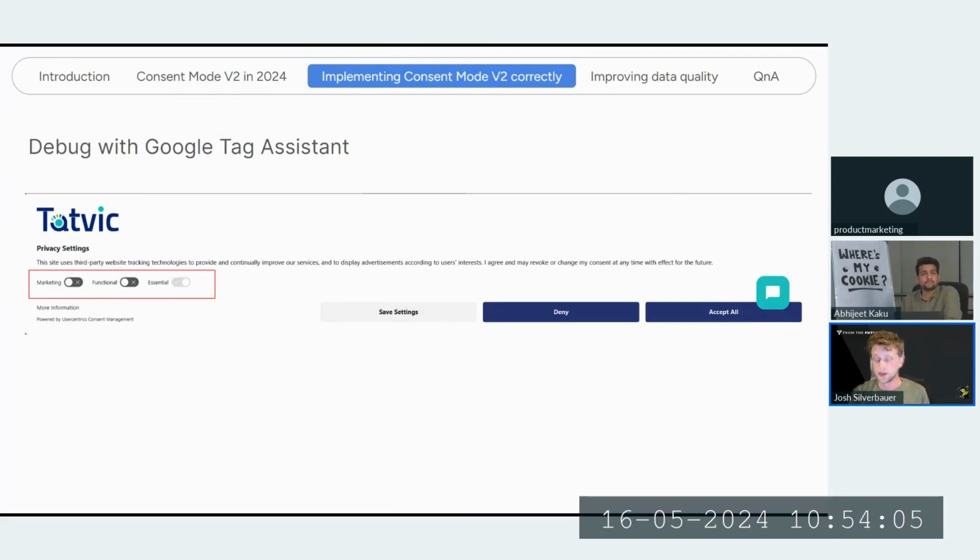There's a trigger called consent initialization, and that is where you put your consent management platform settings, essentially, your tag. That then passes information downstream, and Tag Manager needs to listen to that information and make decisions based off of what settings are being communicated.